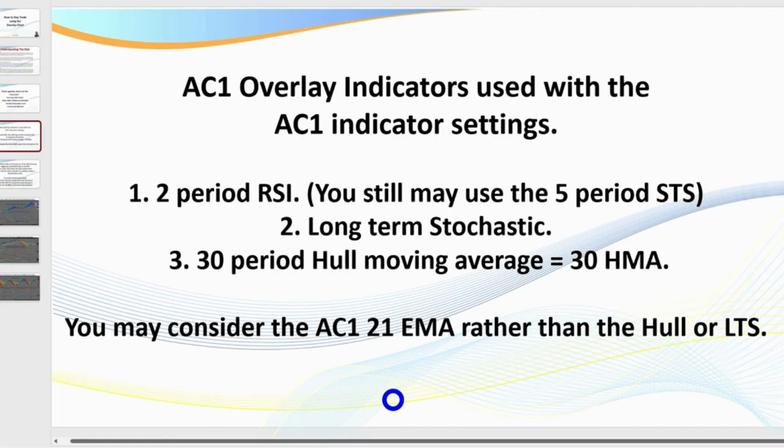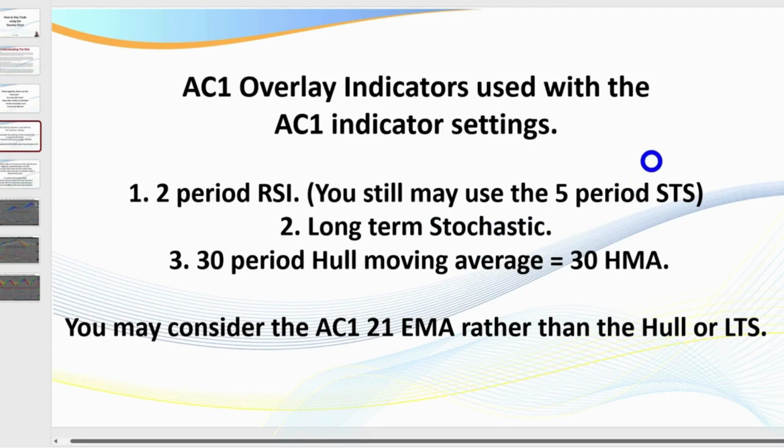Okay, so what do we want to actually do, and we'll see this when we get to the chart itself. So ideally I want to overlay a 2-period RSI. Now you still may use the 5-period short-term stochastic that we'd normally use on a chart. However, the 2-period RSI to me is cleaner because it'll give me straight lines rather than the short-term stochastic